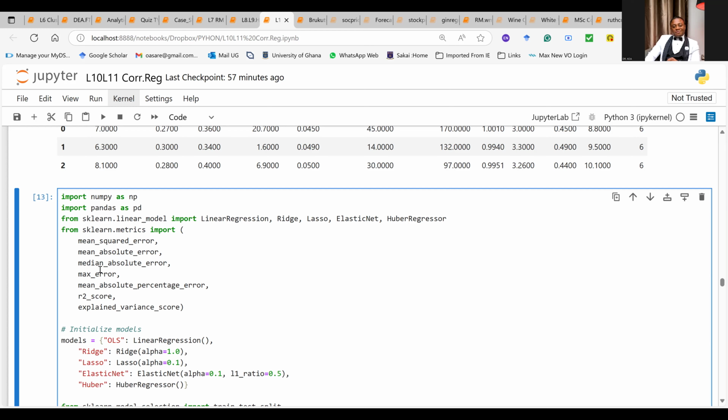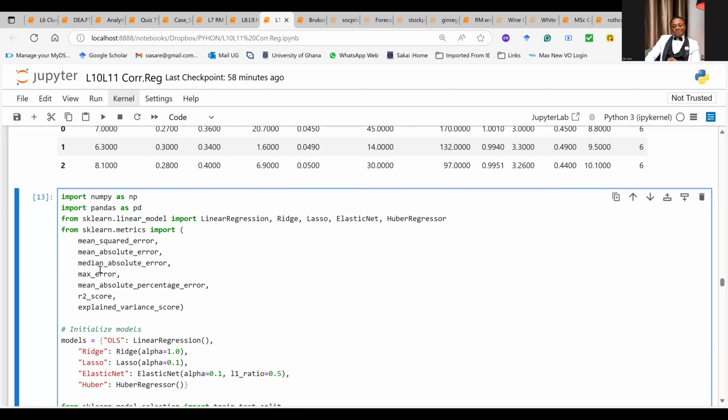The false positive, the false negative, the true positive, the true negative. Then from that, you find your recall, you find your F1 score, you find your ROC, the area under the curve, AUC, and then you'll be able to come out with a judgment to determine whether your model is good. Now, that is for classification. Write it down. Write it down.